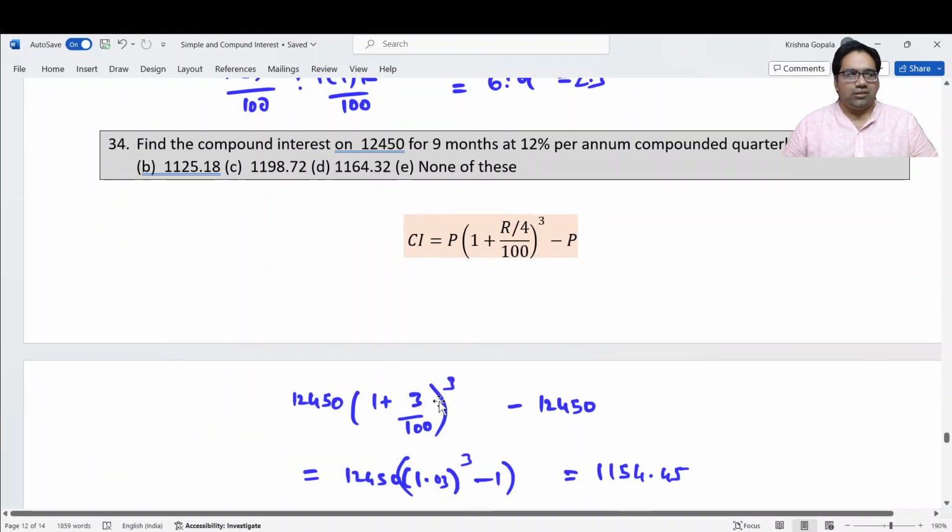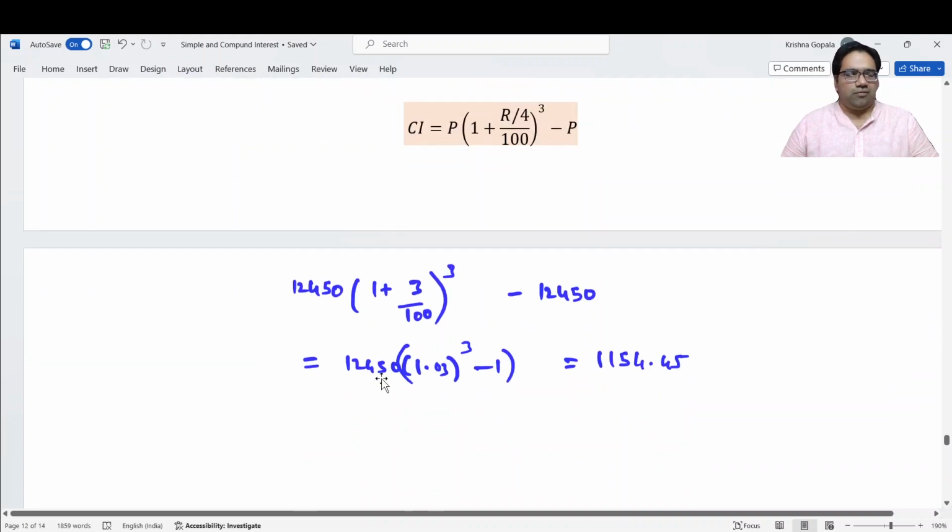Okay, 12450 into 1 plus R by 4, which is 12 by 4, is 3, so 3 by 100, whole cube, minus P. 12450 into 1.03, since 1 plus 3 by 100 is 1.03, whole power 3, minus 1, taking P common. 12450 into 1.03 whole power 3 minus 1. This becomes